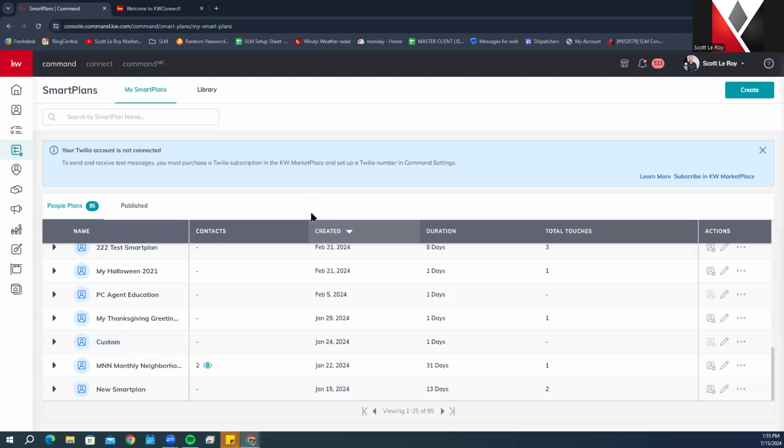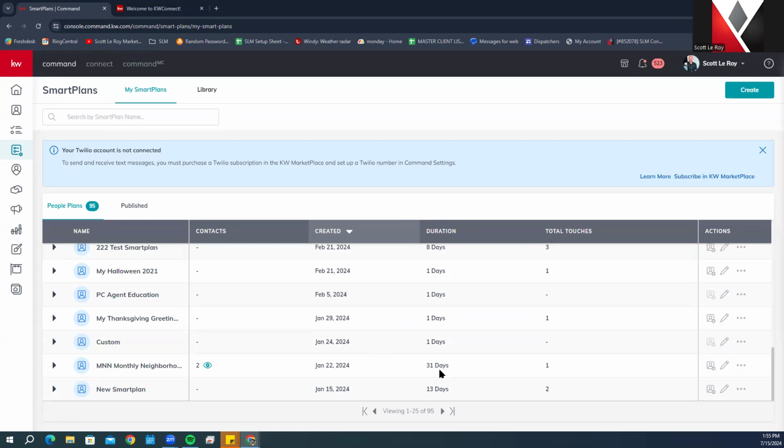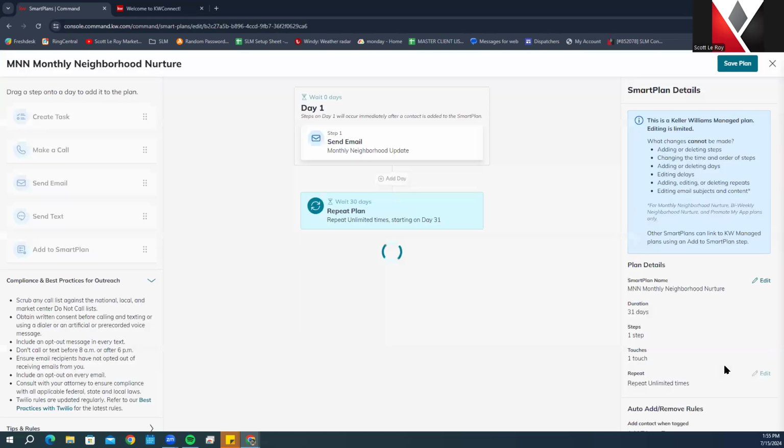Next to that, you have the date it was created, how long the smart plan runs for. So this is a monthly neighborhood nurture. How do you see the actual email template? I'll show you in just a second. Then how long it runs for and total touches. If you look under this action side, there is this little man in a window with the plus. This is how you can add a contact to that smart plan,